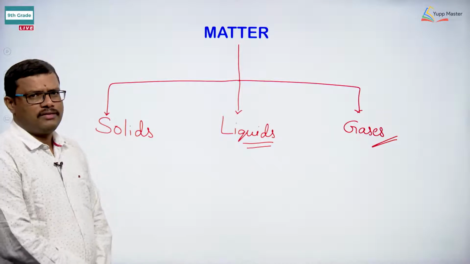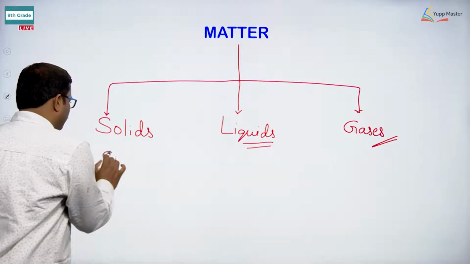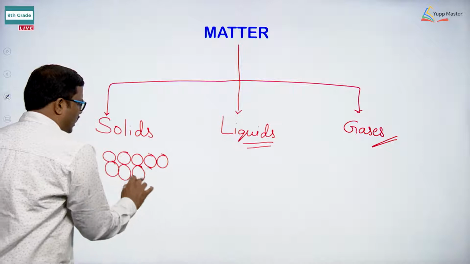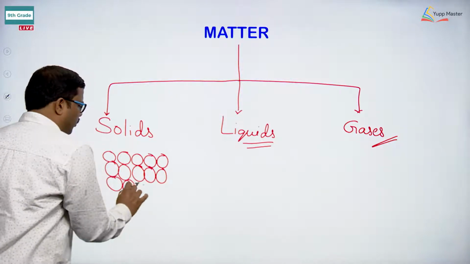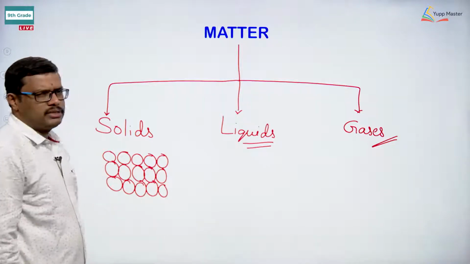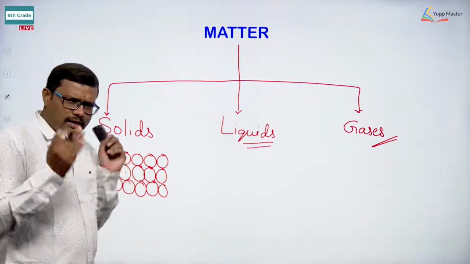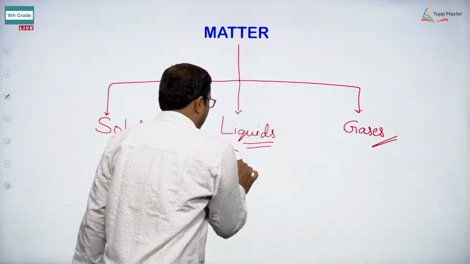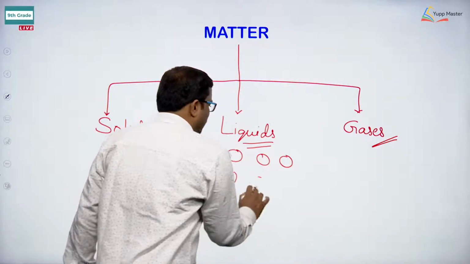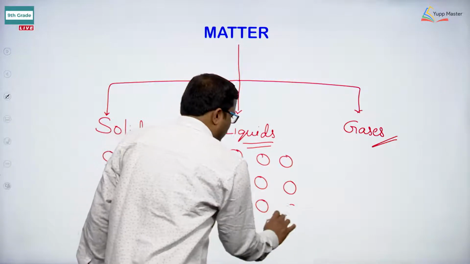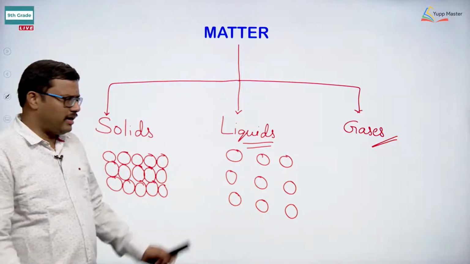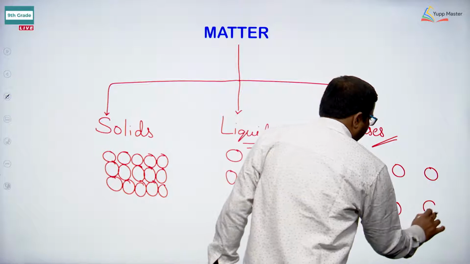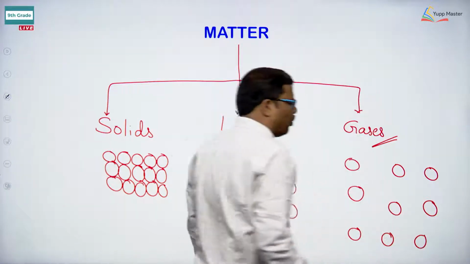So where are we going to have a difference? For example, in the case of a solid, the components, the atoms or the molecules are held together very tightly. So the packing of molecules or atoms in solids is very close, and they are sitting side by side and thereby they get rigidity. Okay. In the case of a liquid, the distance between the atoms or the molecules is more and they are a little separated. But when you observe the gases, the distance is still large enough that the gas molecules can move independent of